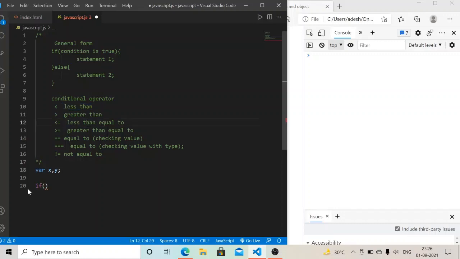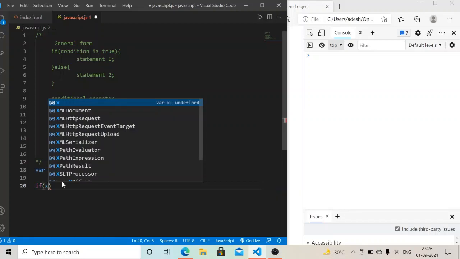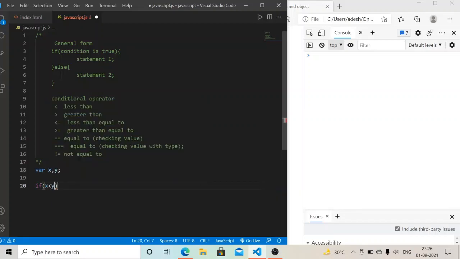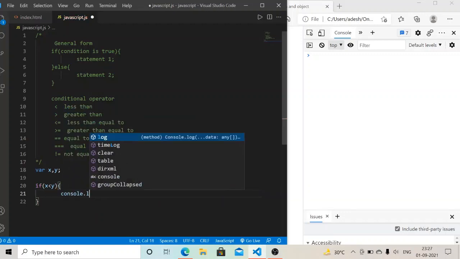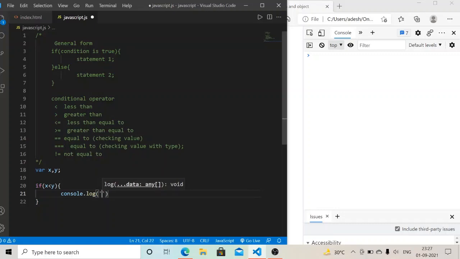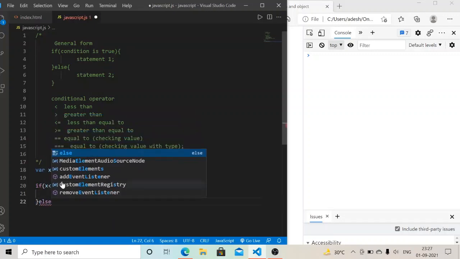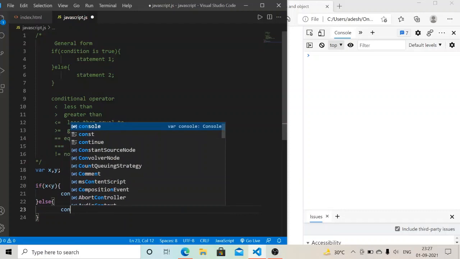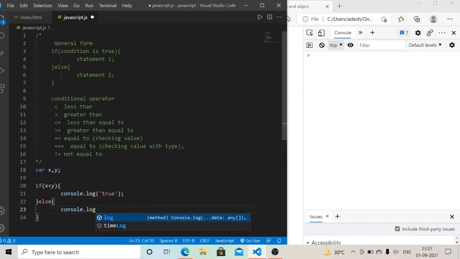So I write here, if x is less than y, then print this statement, that is true. It means this condition is true, and if this statement is false, then it simply prints false. Now our if else statement is created.